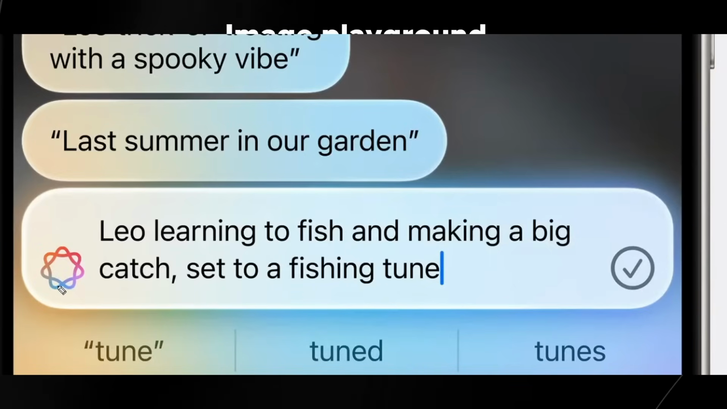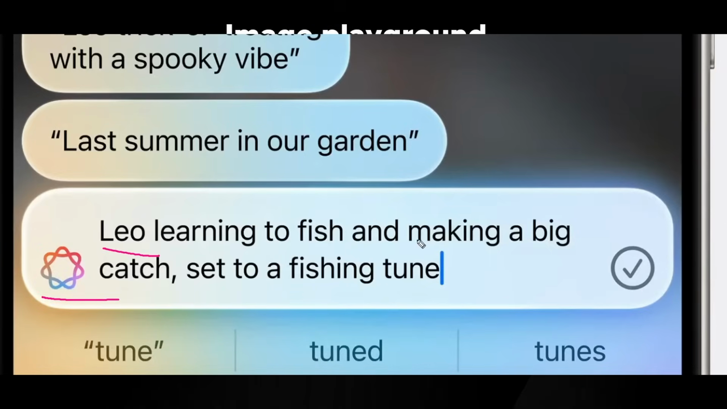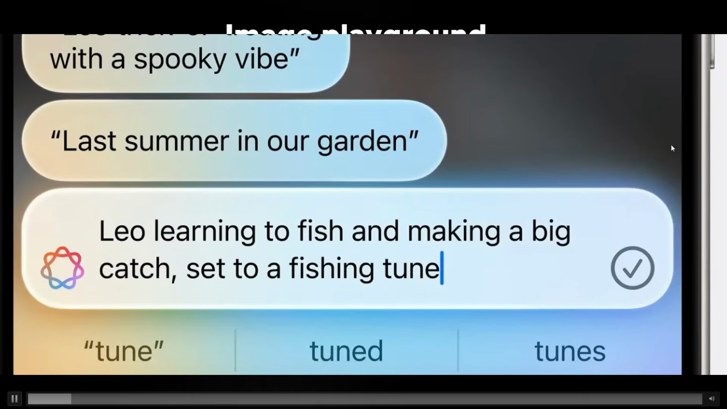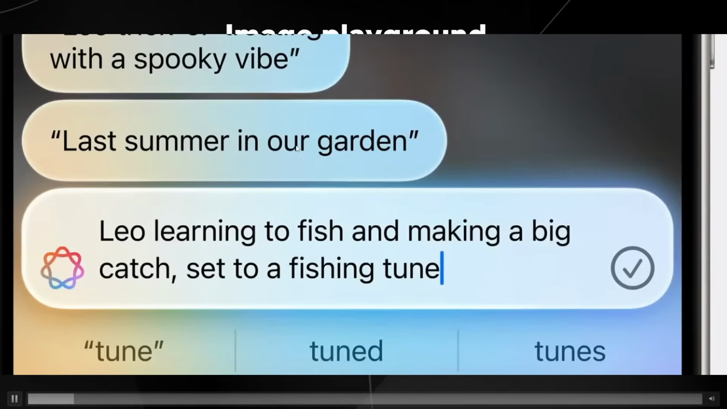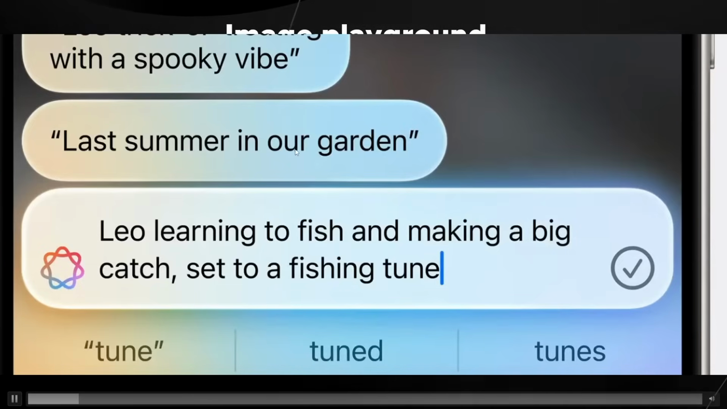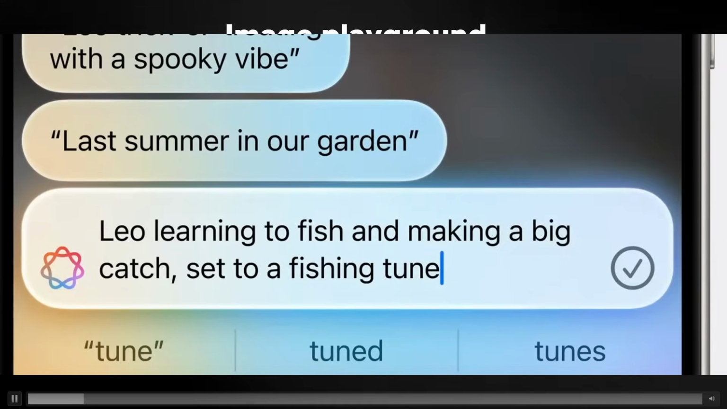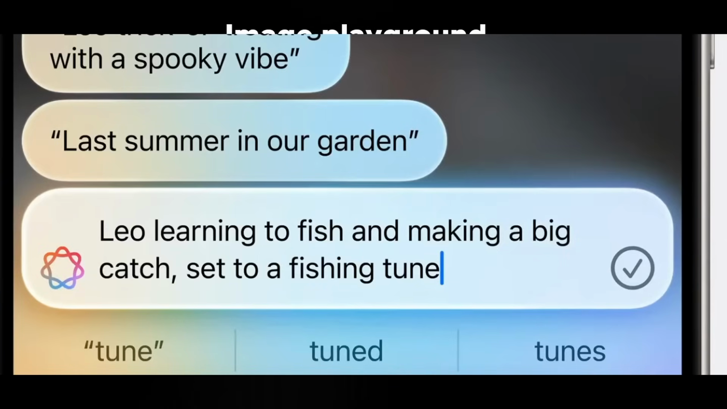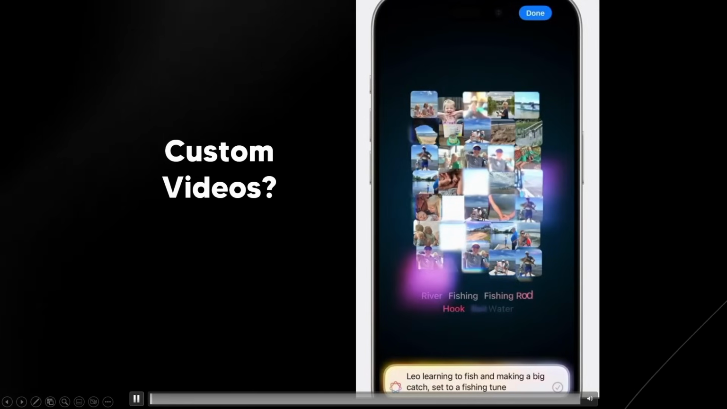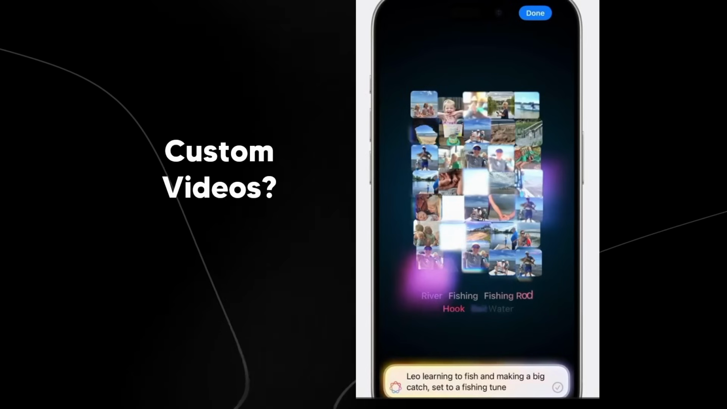Now, with this one, you can use Apple Intelligence to create that. So you can say, Leo learning to fish and making a big catch, and then of course set to a fishing tune. So this is where you can use Apple Intelligence to create your own custom content based on the stuff on your device. So you can see last summer in our garden, you could put everything that happened in November. I mean, this one, you'd have to be a little bit more creative, but I would love to see how those custom videos come out based on the kind of selection that they choose. Now, this is something that's not really crazy, but